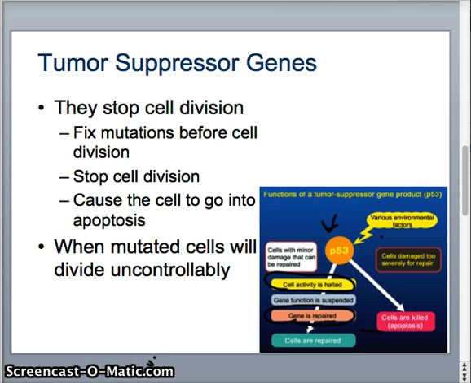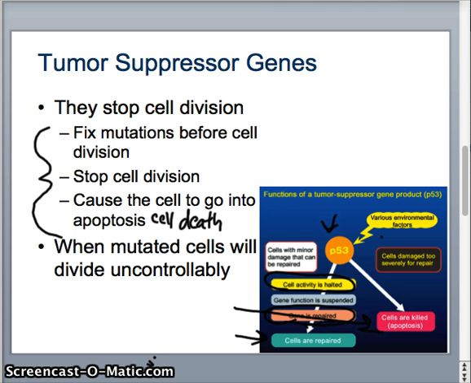Before, and then the cells are going to be repaired, and we don't have cancer. The third thing, if these two things fail, it can cause apoptosis, and this is just cell death. It causes the cell to basically go into self-destruct mode and kill itself. If there's a mutation in tumor suppressor genes, and these three things cannot happen, along with the oncogenes,